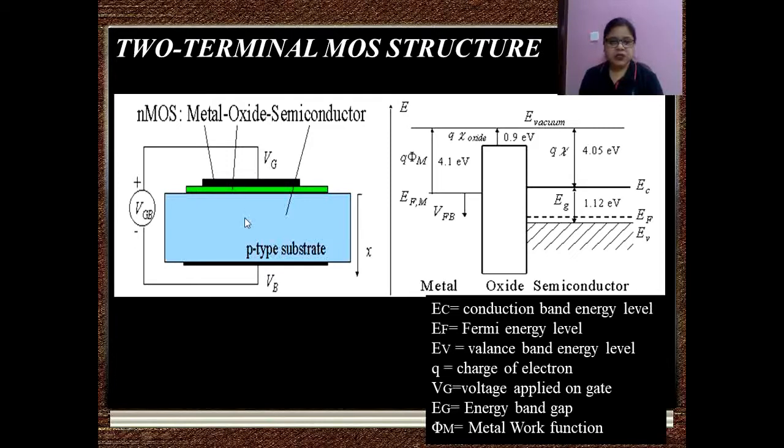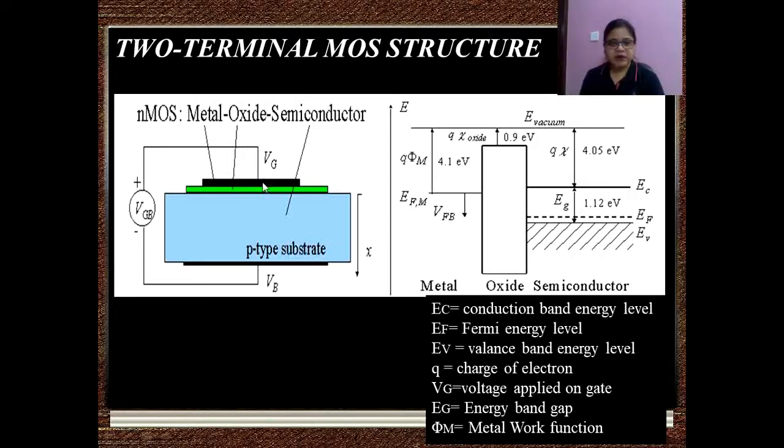Now see, this is the three-layer structure. Here this black one is the metal layer. The green in between is the oxide layer, which in the case of MOS is constructed by silicon dioxide, and under the green layer we have a substrate. Now as I am noting here, this is an NMOS, so that's why I have taken a P-type substrate. If I had taken the example of the PMOS, then this substrate would be of N type.